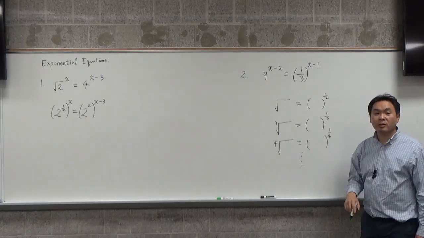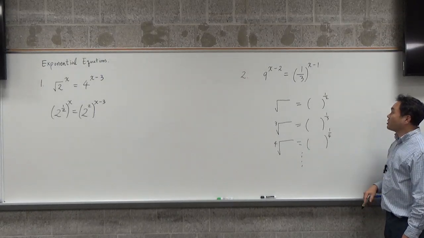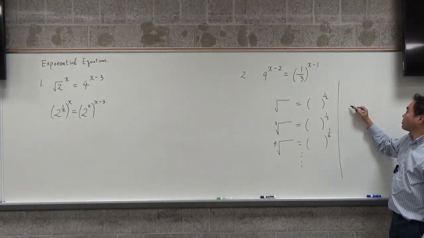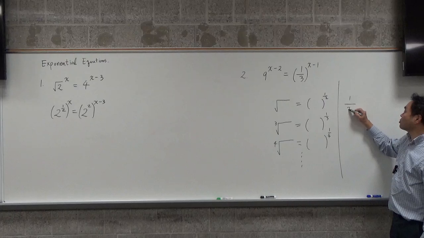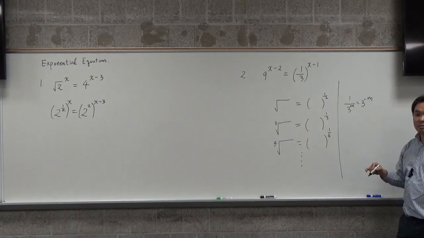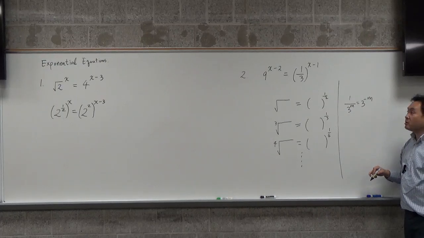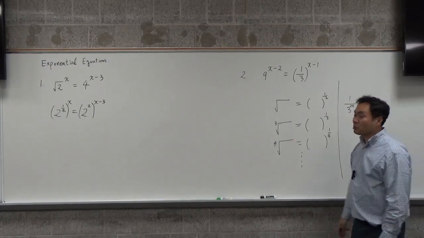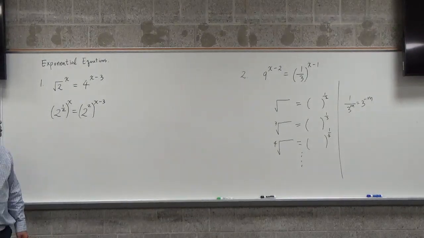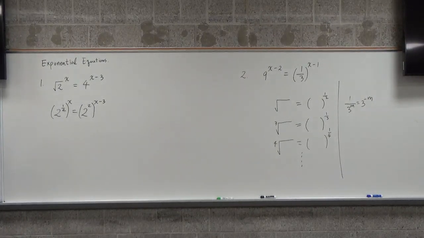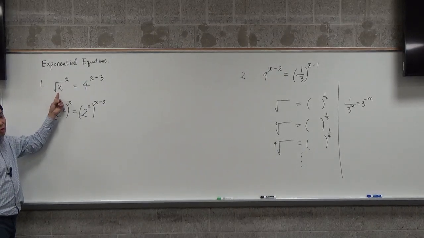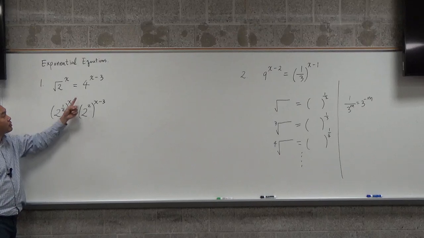So that's one thing. Another important thing is that if you have 1 over 3 to something, that's the same as 3 to the negative of that exponent, right? So these are some important identities you'll end up using a lot when solving exponential equations, right? Okay, so that's why I converted the square root of 2 as 2 to the 1/2 power, and 4 is